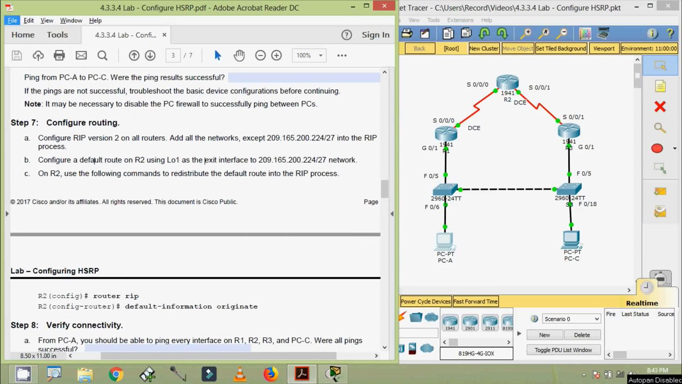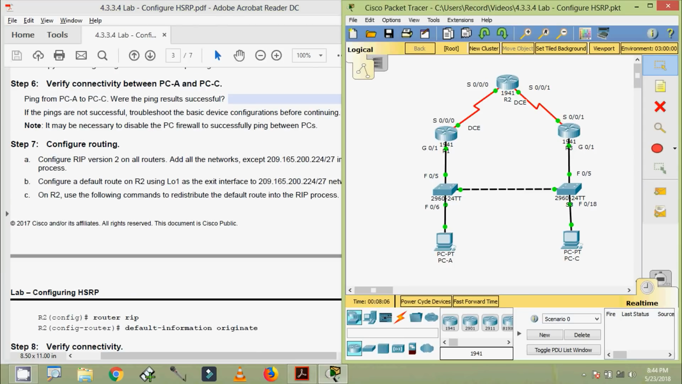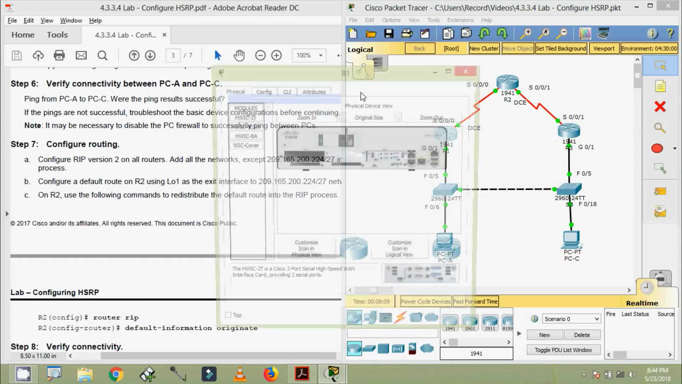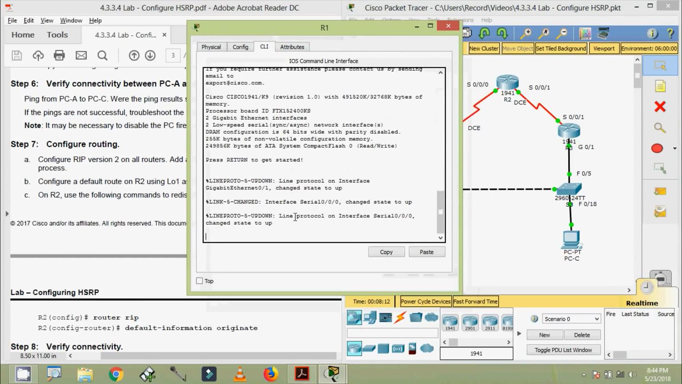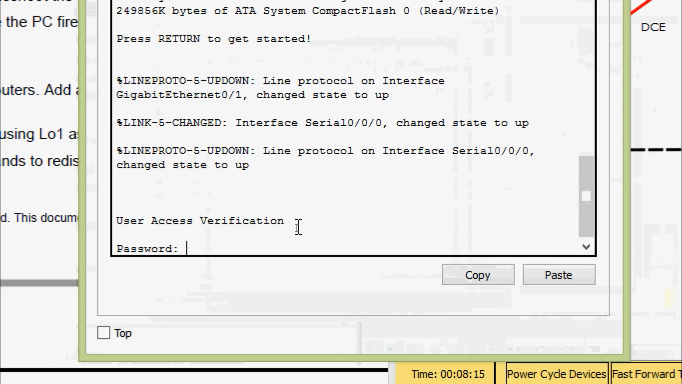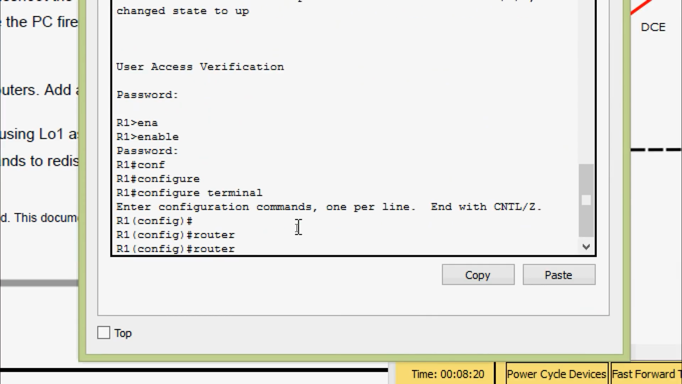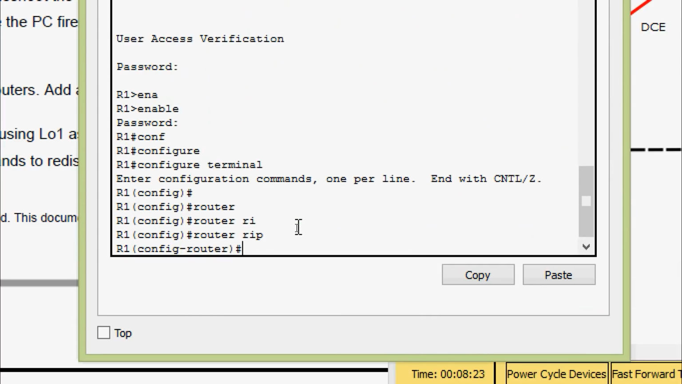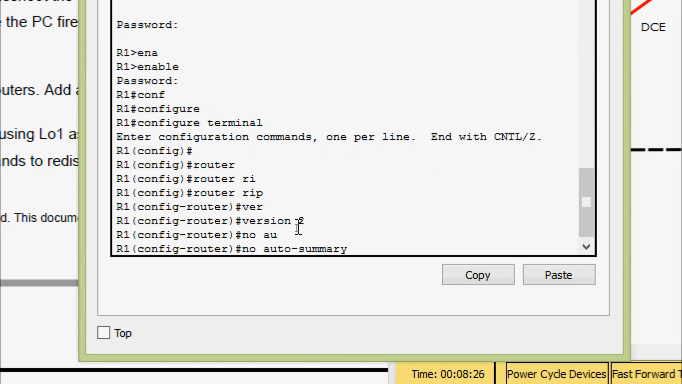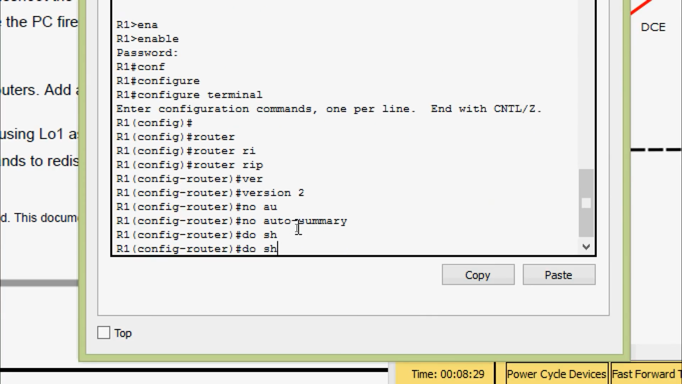Right. Coming to step 7, configure routing. Configure RIP version 2 on all routers. Add all the networks except 209.165.200.224/27 into the RIP process. First of all, we will do it on router R1. Password CISCO, enable password class, configure terminal, router rip. Then version 2, no auto-summary,